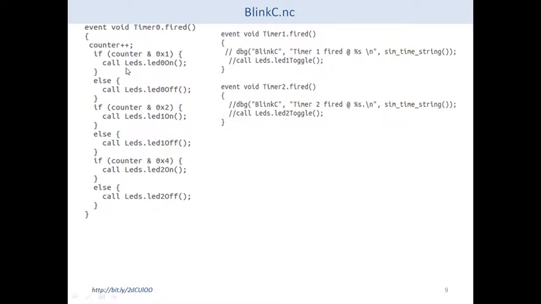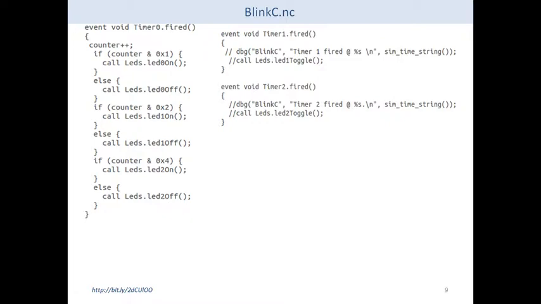I will show you the file, and then we have used the hexadecimal notations in order to make the condition true or false. So if this condition is true, then it will turn LED 0 on. If this condition is false, since with each if there is an else part, it will turn the LEDs on or off. Similarly, the second if will turn on LED 1 and turn off LED 1, and the third one will turn on LED 2 and turn off LED 2, if the condition is satisfied or not satisfied.